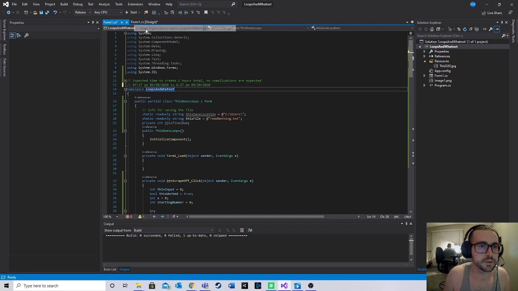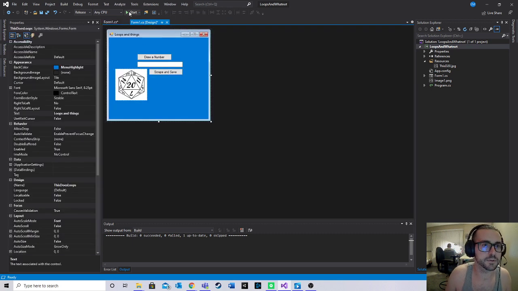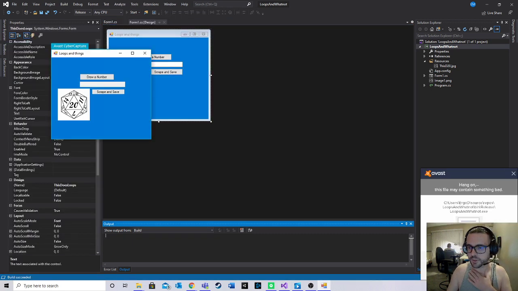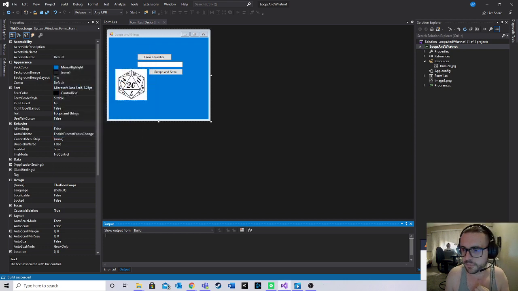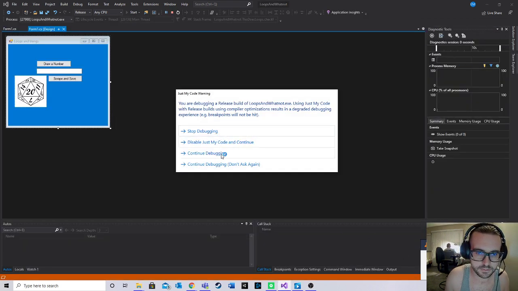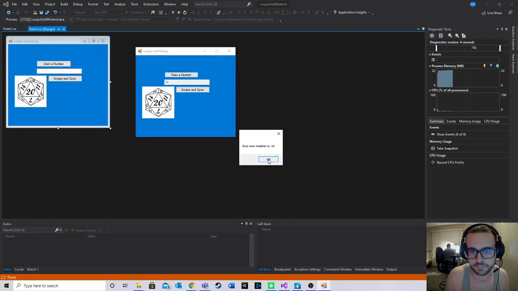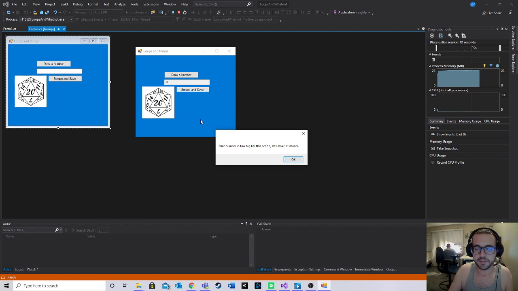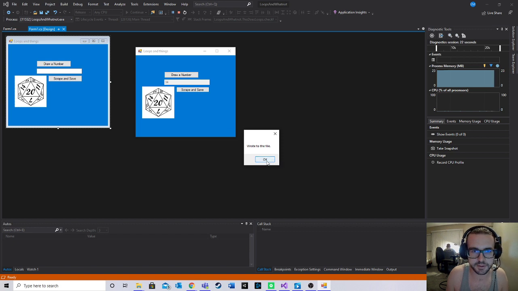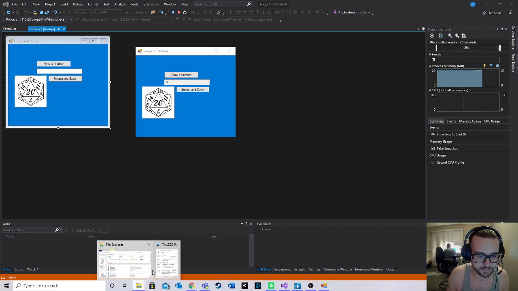Okay, so now the final thing that I'm going to do is show it running. So let me get past my antivirus. Draw number. Shows me that the number it randomly generated was 34. Then scrape and save. 34 is obviously much bigger than 5, so it'll loop through and make it smaller. Alright, tells me that's better, it now fits in the scoop, and then it tells me it wrote it to the file. So now I'll pop over here